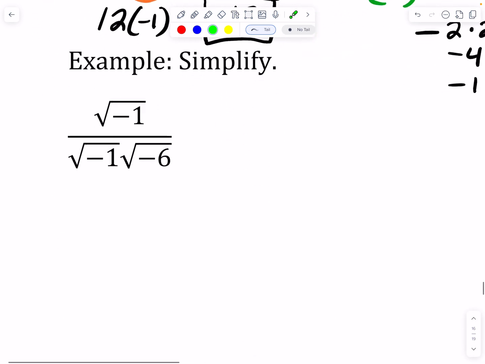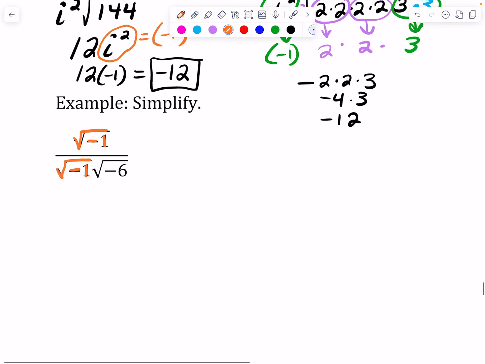Okay, this next one, we're going to use some rules that we've talked about in the past. So the first thing that I want to point out is we've got the square root of -1 over the square root of -1. Now, if we go back for a second,